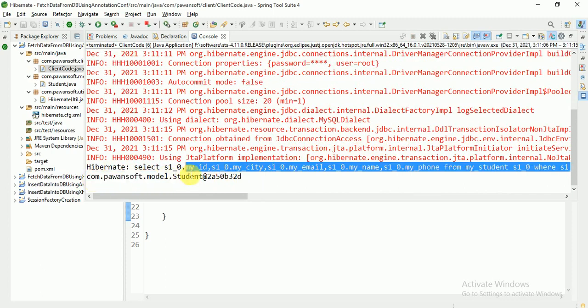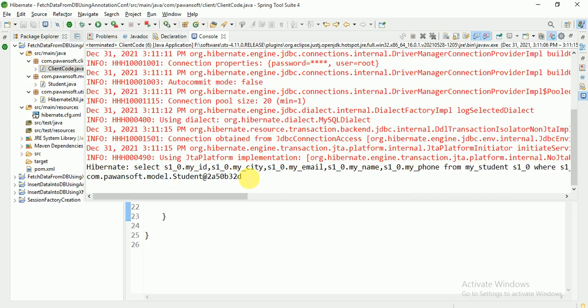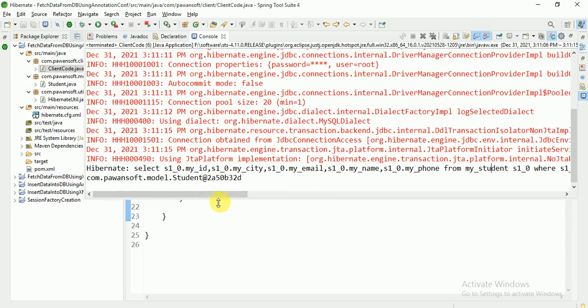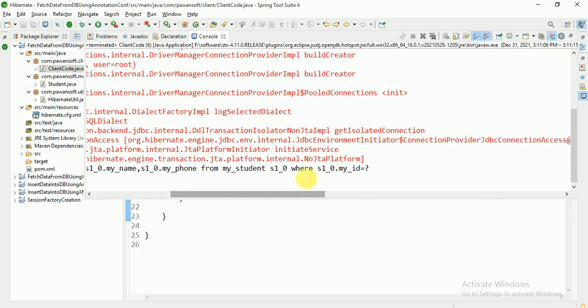But it's printing the student object, not the content. Select id, city, email, name, phone number from my student table where sid is equal to 5, right?